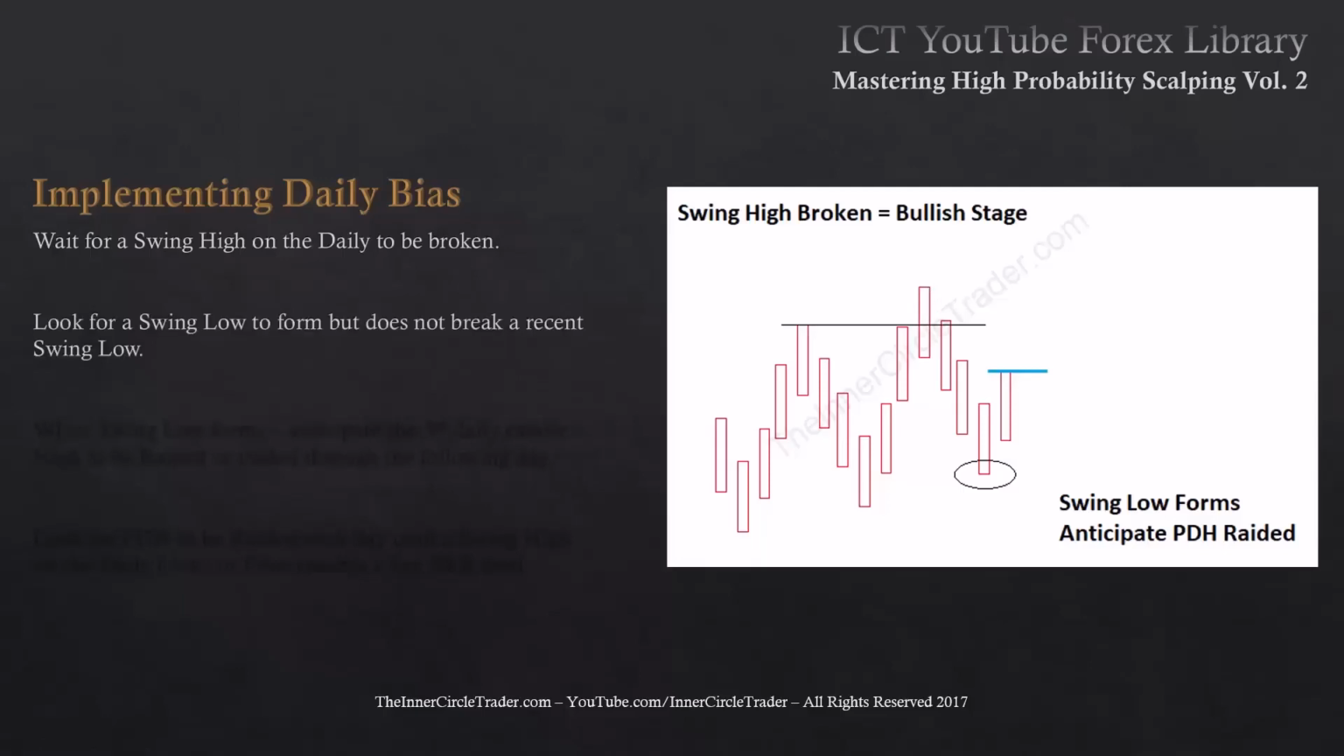The criteria is going to be looking for a swing low to form down here. A swing low again is a candle that has a higher low to the left of it and a higher low to the right of it. Again, on the daily chart. Key point here is this swing low should not take out a previous recent swing low. So if we have this criteria, immediately after a swing high is broken,